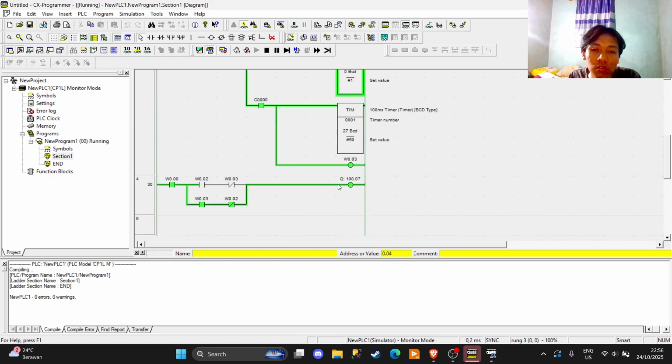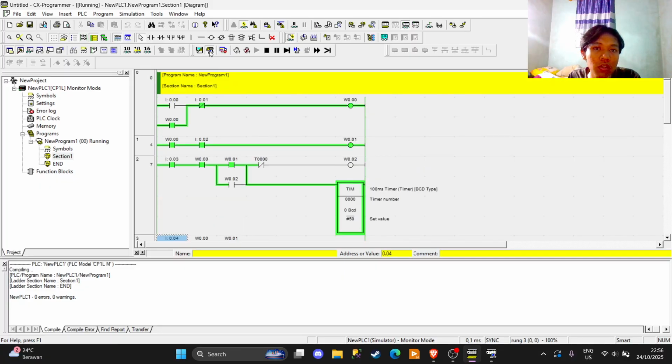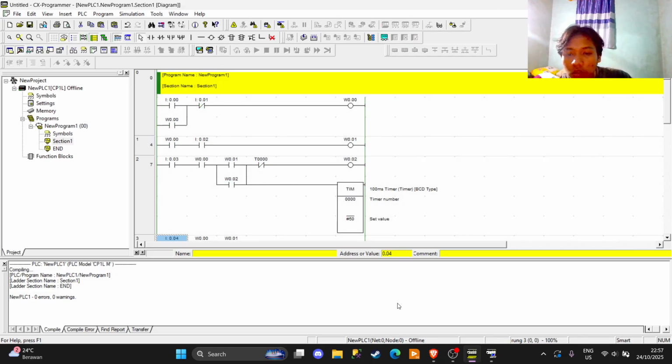So it's on, and for the output we make sure it is already not disabled. So that's the thing.